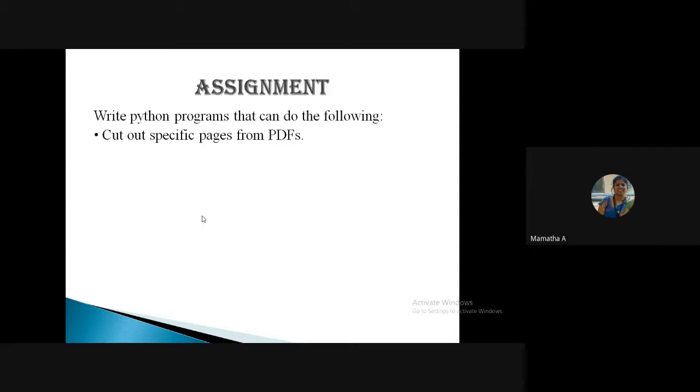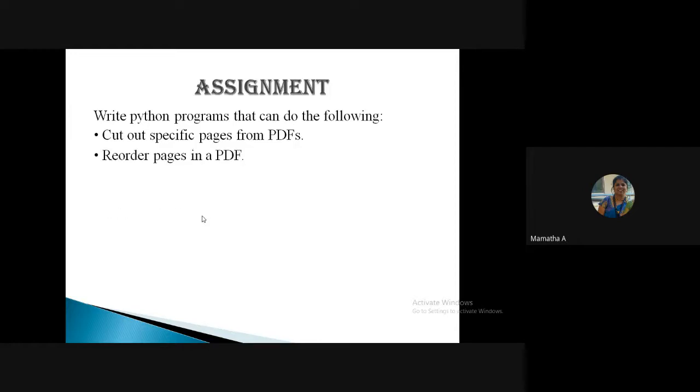Unwanted pages have to be left out; take only the required pages. It's left to you which is your unwanted page, for example page number 5, 10, 17. Identify the unwanted pages and create a new PDF having only the required pages. You can do it, no problem.